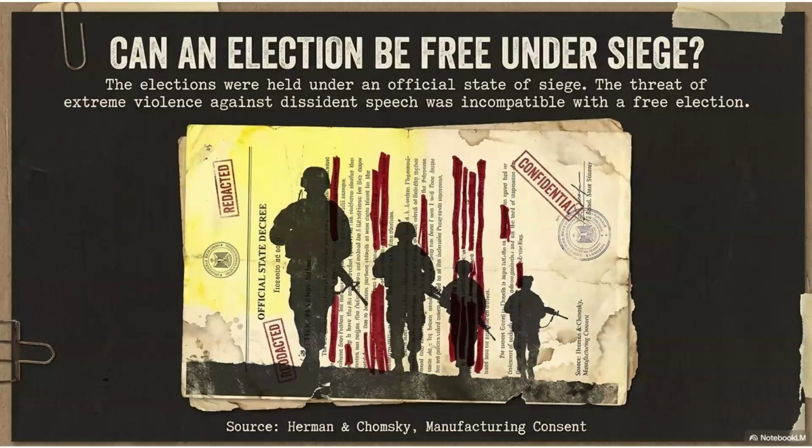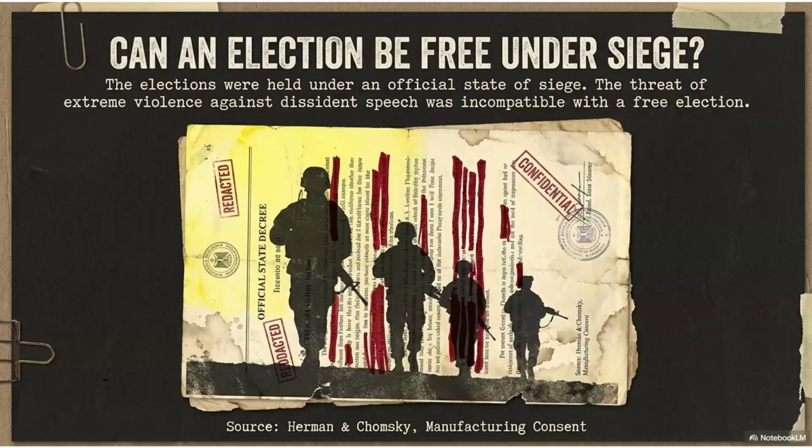This slide asks the central democratic question. El Salvador held elections, but these elections occurred under conditions of civil war, emergency rule, and fear. Herman and Chomsky emphasized that freedom of speech and assembly had been suspended under state of siege conditions. They discussed Decree number 507 of December 1980, which allowed the armed forces to hold citizens without charge or evidence for 180 days.